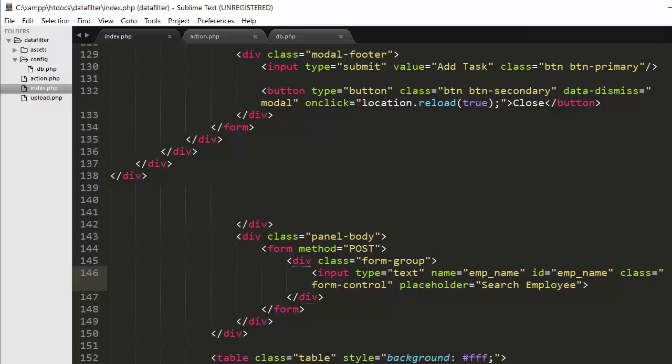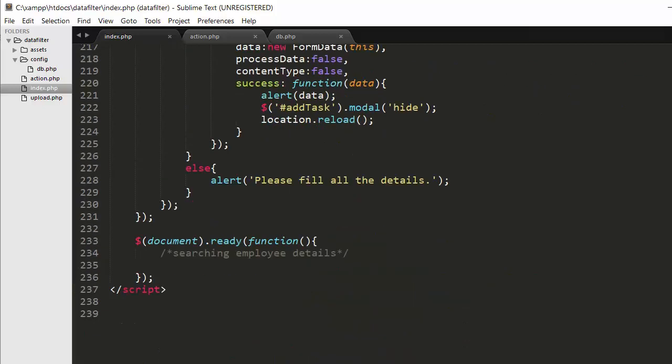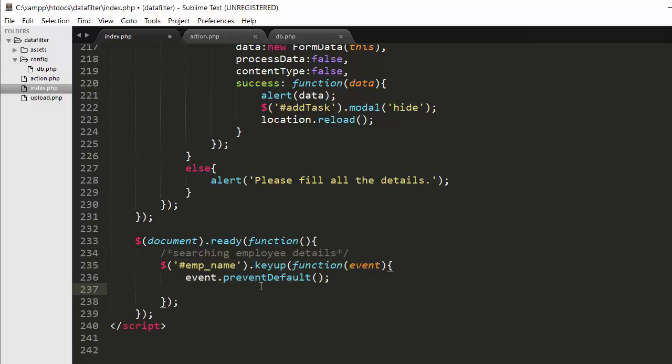For that, first we need to go to the end of this file. Here you can see I have created a document.ready function, and inside that I will trigger a keyup event whenever the user types some letters inside the search box. Here you can see I have given the id emp name, and the same id I'm using in my search box.